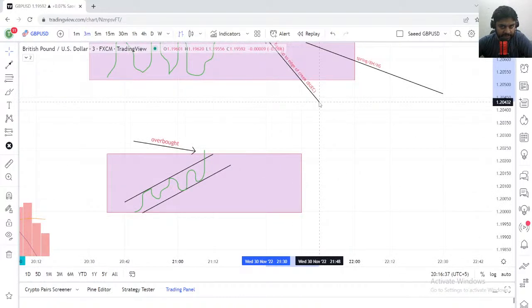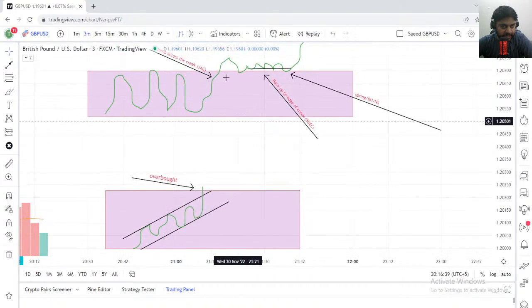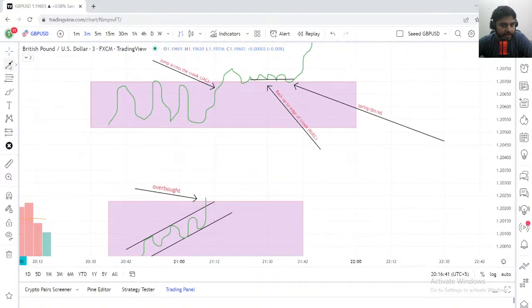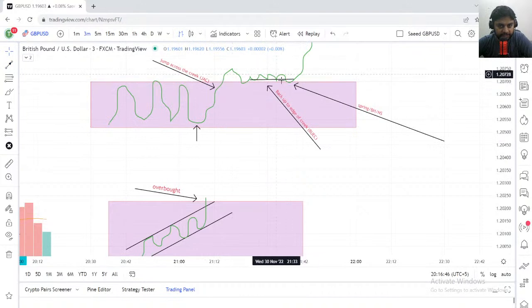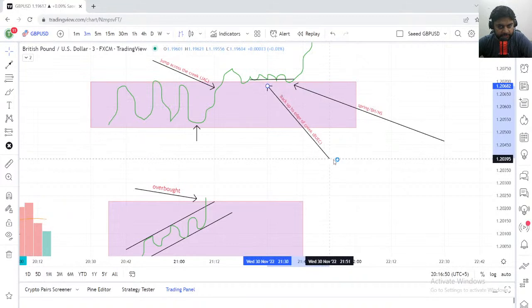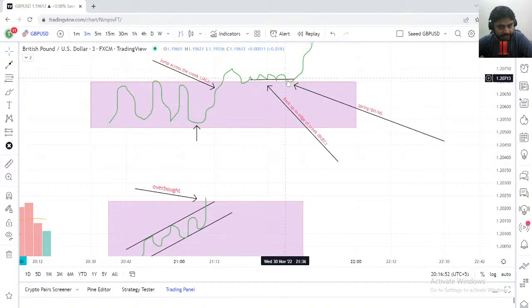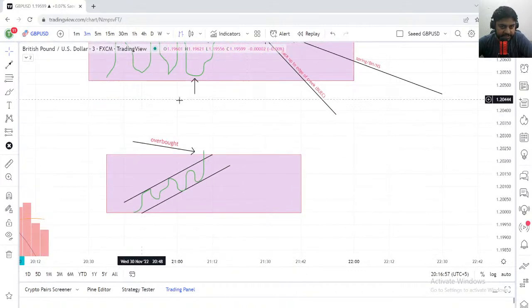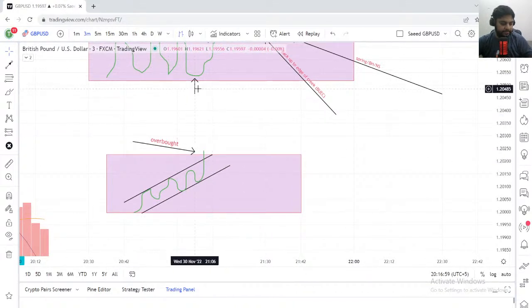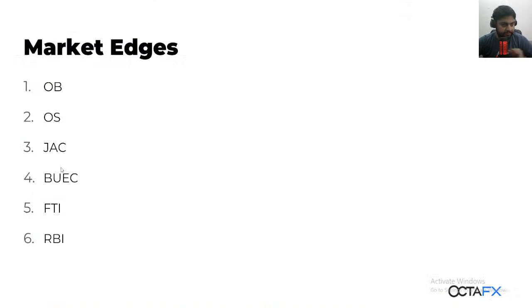Okay, so this is the market structure of an accumulation. You can buy over here because this is a spring, and you can buy over here because this is a backup to the edge of the creek, BUEC. So this is a BUEC setup, and this is a BUEC setup with spring, and this is a spring setup in the accumulation zone. And then in the same way we have what? Look at this, guys. We have Jack, I already explained, and then there was BUEC, back up to the edge of the creek.